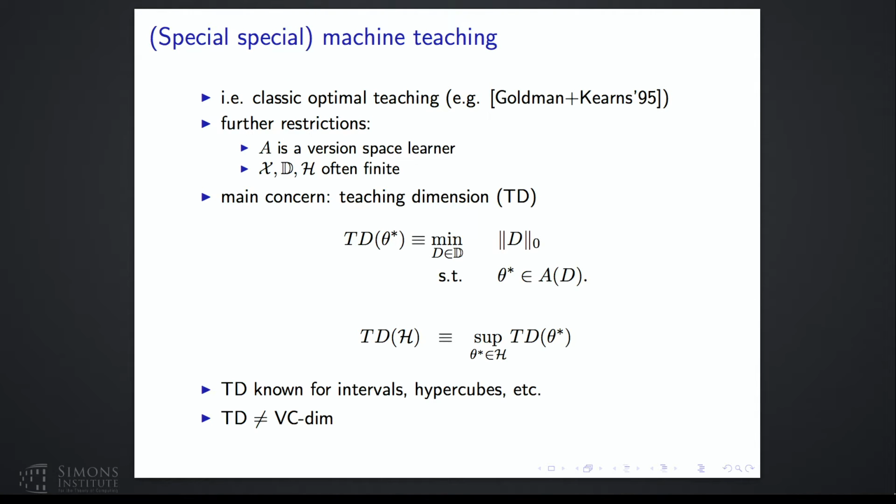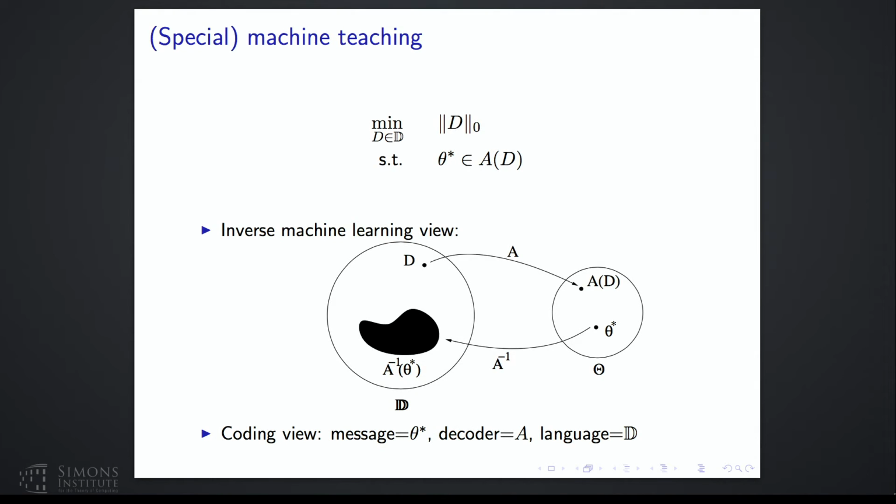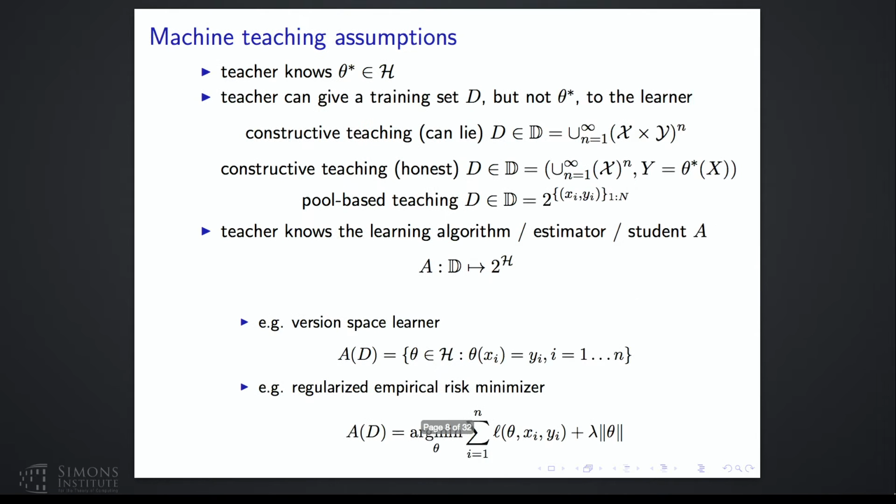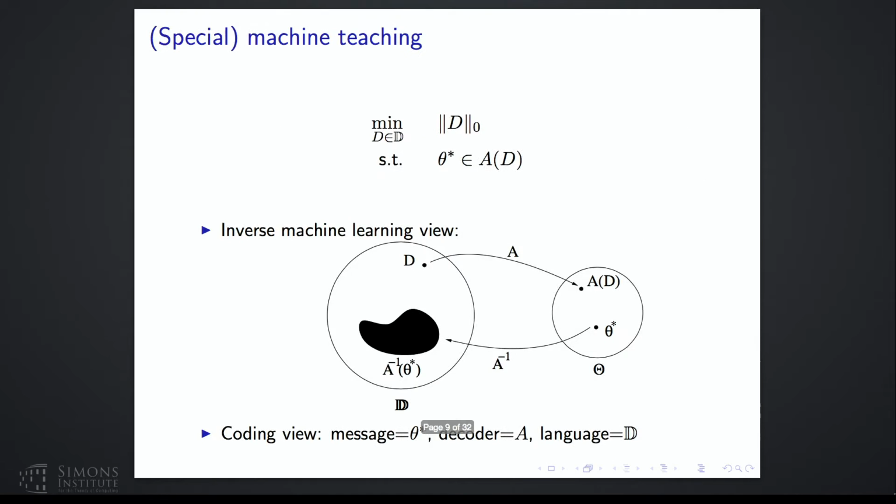Yes? So back to Rob's question, do you mean theta star is equal to, or A(D) returns the singleton set theta star in the version space case? In the version space case, A(D) would simply be the whole version space. So the solution to the optimization problem you put up there would be all of A, would be the empty D on the next slide. Right. So let's see. I think you're right, and this is my mistake. In that case, we want the singleton set theta star to equal A(D). Thanks.